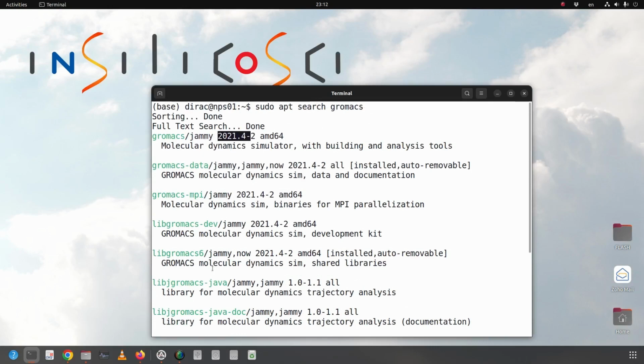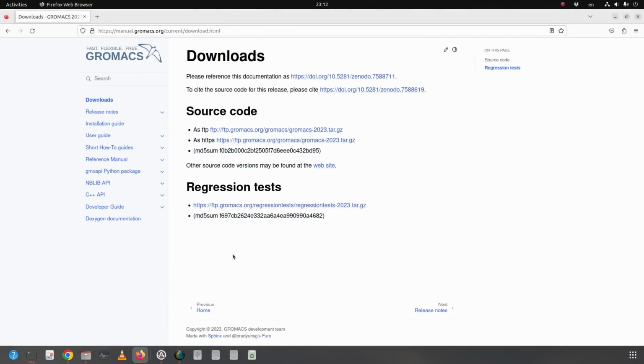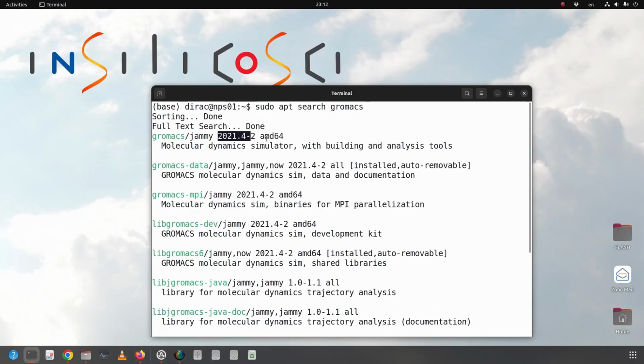2021.4 version. And if I check the official GROMACS website, I can see that GROMACS 2023 is available by now. So this version is not the latest version of GROMACS, but it's not a very old version of it. By the way, I'm on Ubuntu 20.04, which is the latest version of Ubuntu, but here it's not the latest version of GROMACS, but it's not too old, and actually it's acceptable.